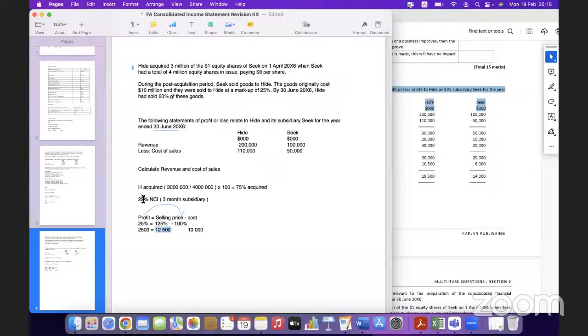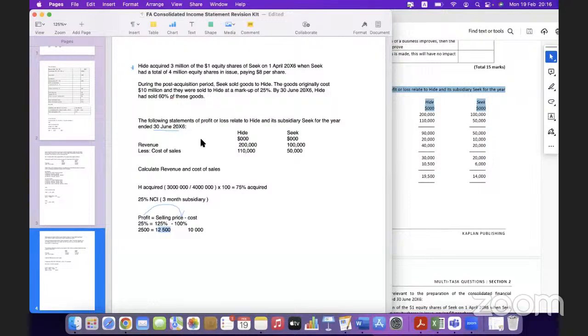Now try to do the question. What did I ask you, guys? I wanted you to do revenue. So normally, how to do revenue? Take the parent revenue, add the subsidiary revenue, but be careful. This is how many months subsidiary? This is 3 months. And guys, answer now, remove